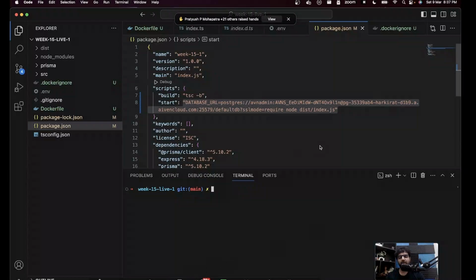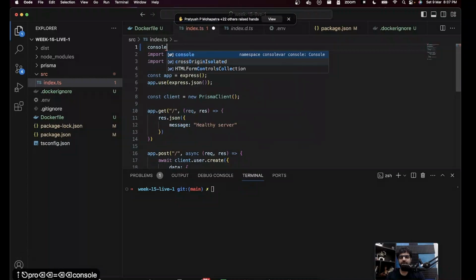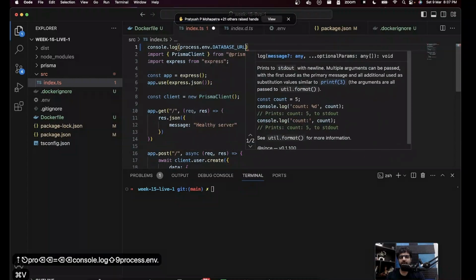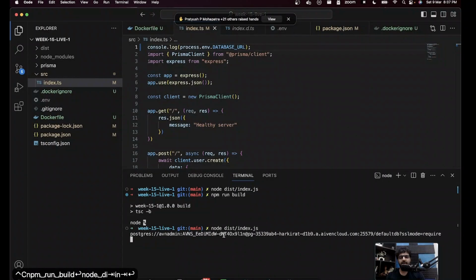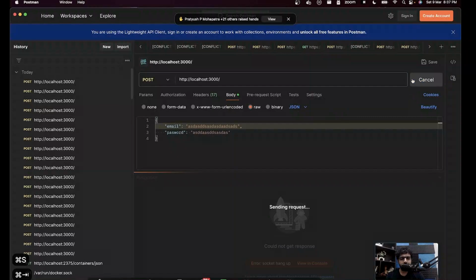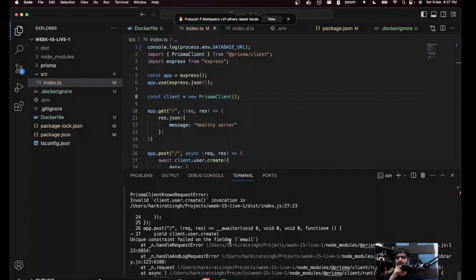Okay, let's just see first, do we get console.log process.env.DATABASE_URL? Let's try to log if we are able to get a database URL. If we start, it does not work.